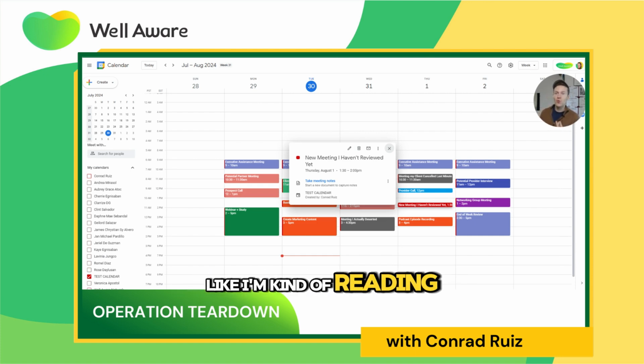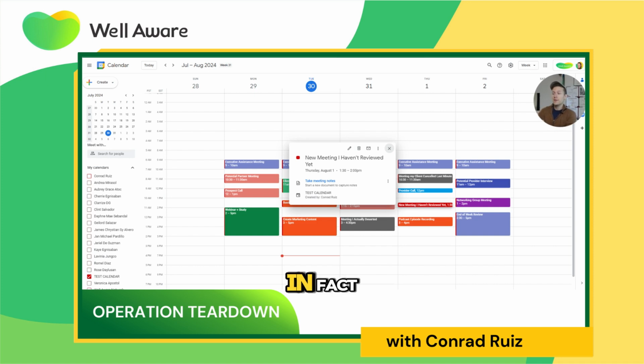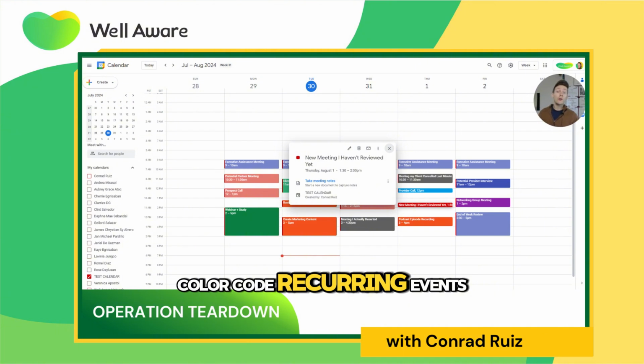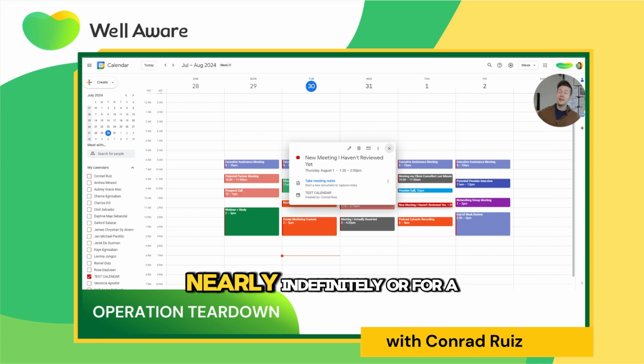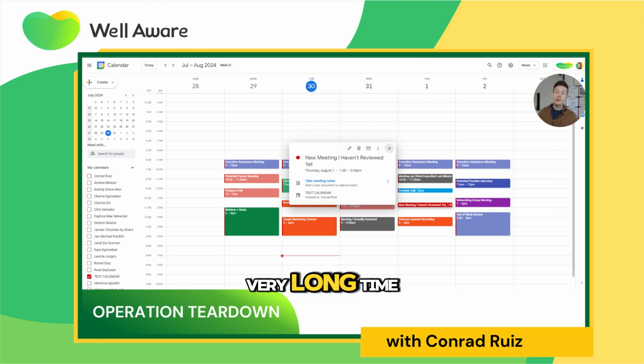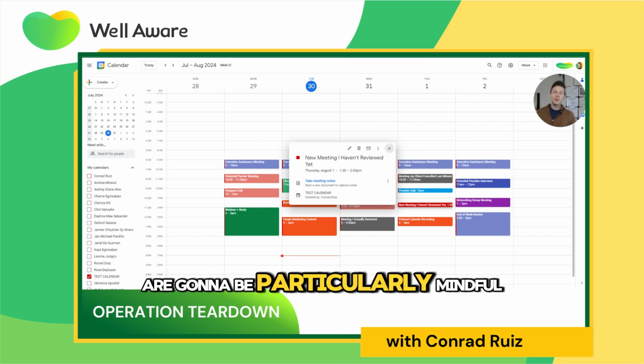Like I'm kind of readying myself that I'm going to attend that event. This is something I do at the start of every week. In fact, I even try not to color code recurring events each week because I want to actually make note of the fact that even if it's going to show up on my calendar nearly indefinitely or for a very long time,